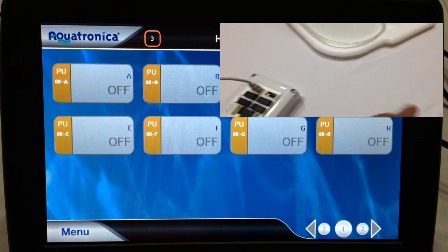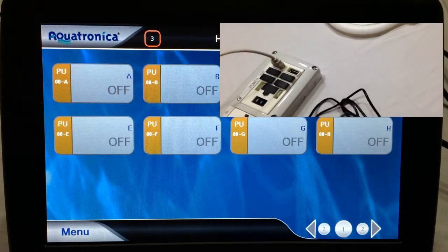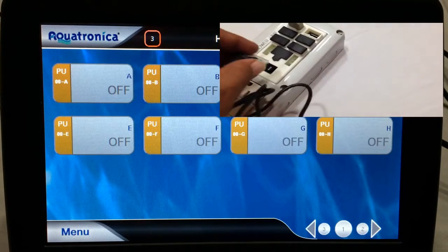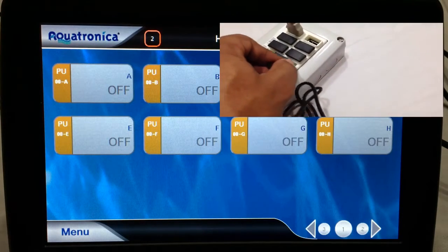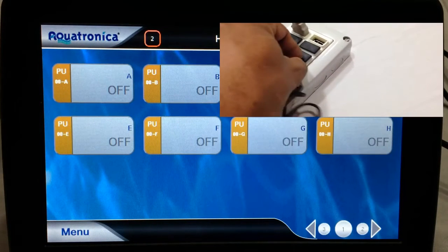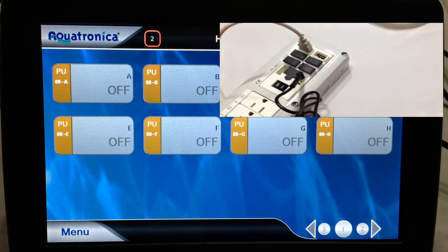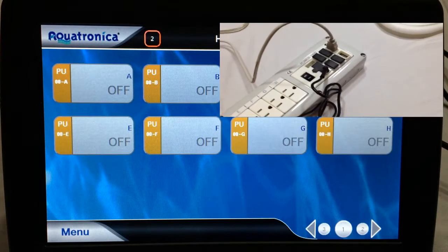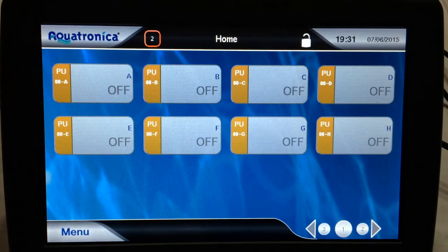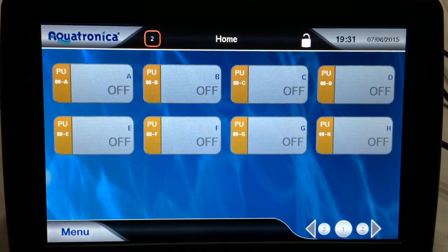So here we go. First of all, I'm going to get out the temperature probe, and I have that over here, and get the end of it here, and it plugs in to, you can plug it into any one of these ports. You have 2 on each power bar, and once that's plugged in, the controller should detect it,